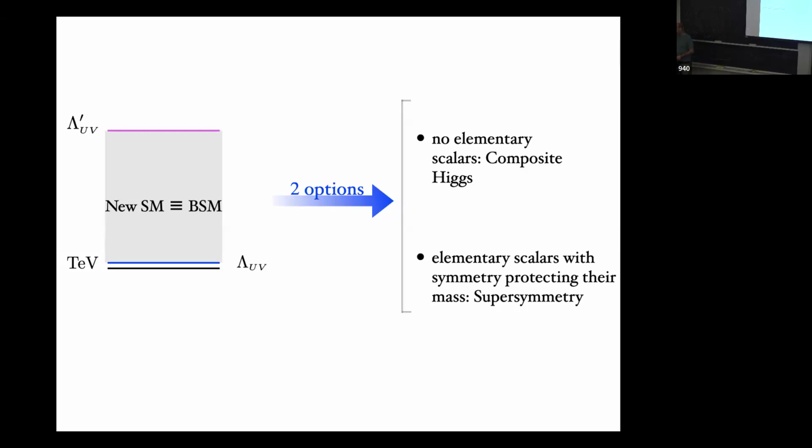Now, I should say that these ideas were proposed, compositeness per se as a broad idea was proposed in the late 70s, when the unnaturalness of the scale separation was realized. This was the first thing to be proposed. Supersymmetry was being developed formally at around the same time, perhaps even a bit earlier, but roughly at the same time it was realized that it was relevant for the question at hand.